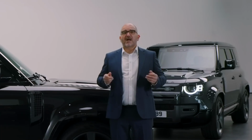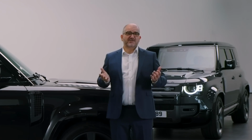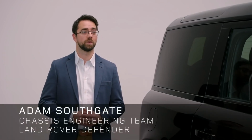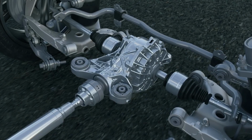To explain more, I'm joined by Adam Southgate from the chassis engineering team that achieved this. Adam, welcome. Can you take us through some of the fundamental changes? Sure. Let's start with the driveline and dynamics hardware, where there are some key changes. The first is a major enhancement to our active rear differential. This adds yaw control